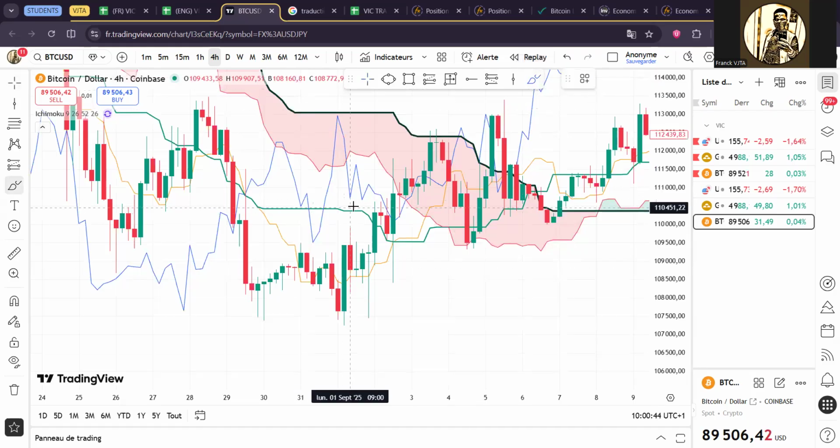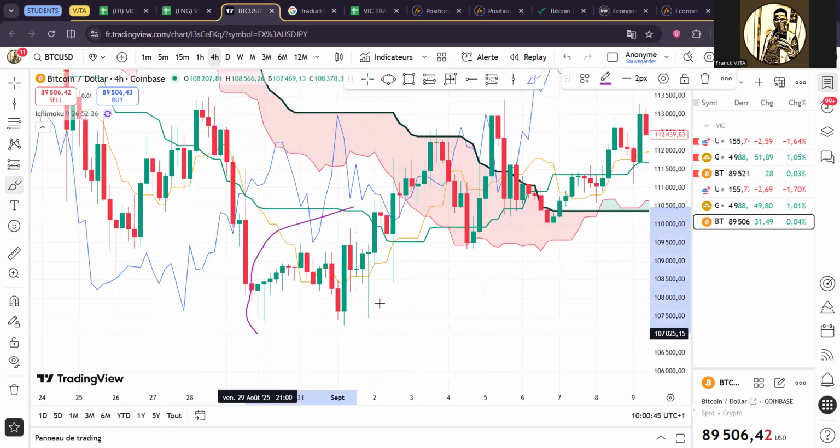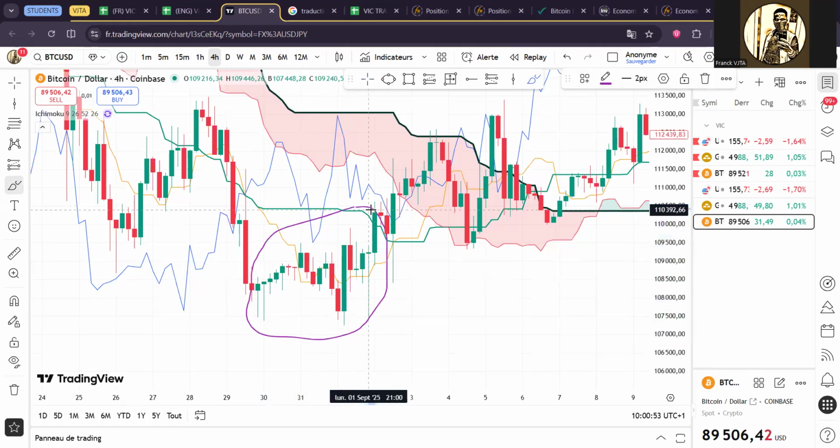Now, you have this origin. Now, the reversal cycle starts from the Kijun and goes up till when the candles touch